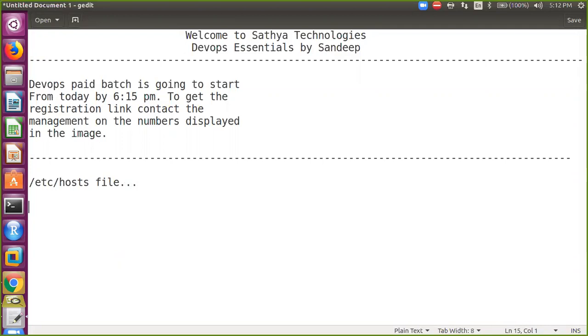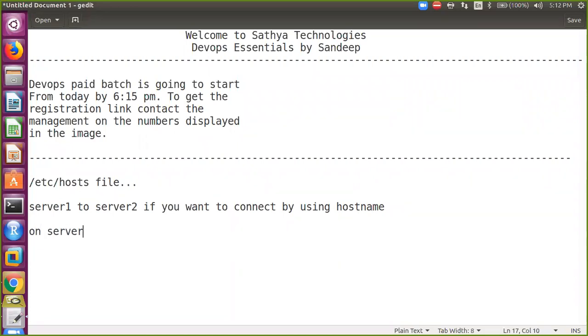From server 1 to server 2, first on server 1 you need to open the /etc/hosts file, and make an entry of server 2's IP address as well as the host name, like this server 2.